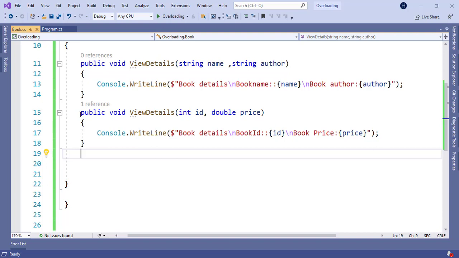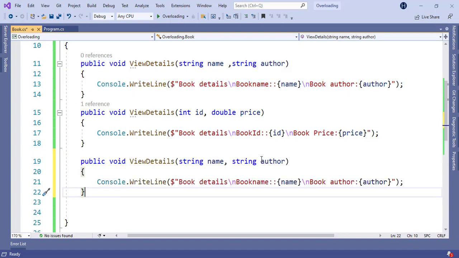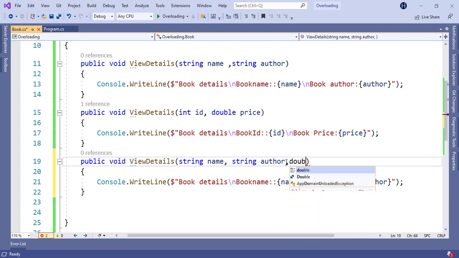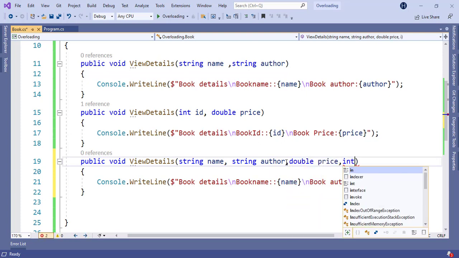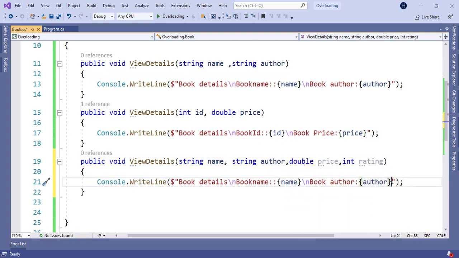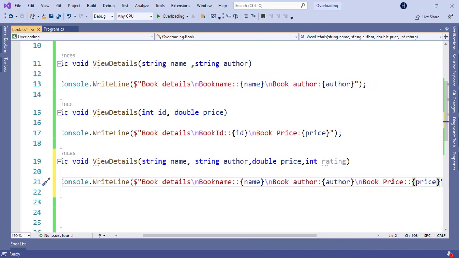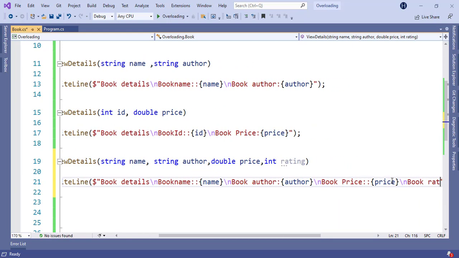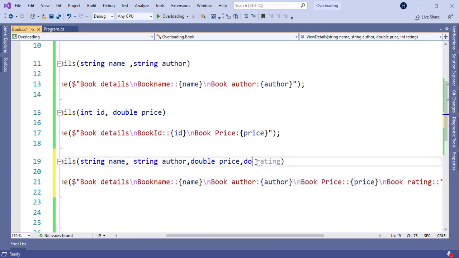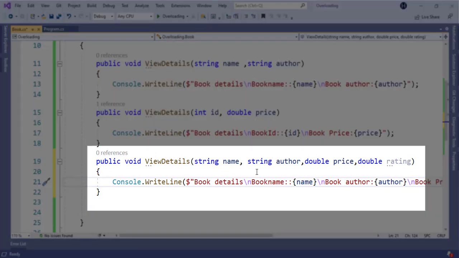So we'll copy the original function and here we'll pass two more parameters, that is double price, comma, int rating. In the console also you need to mention book price is equal to price, \n book rating. Let me make rating a double. So what we have changed here, we are increasing the number of parameters.